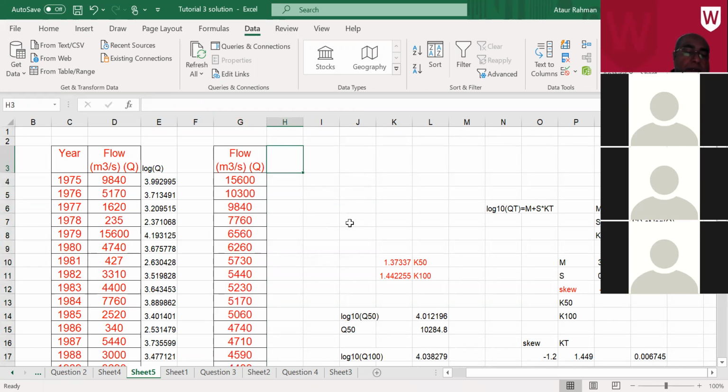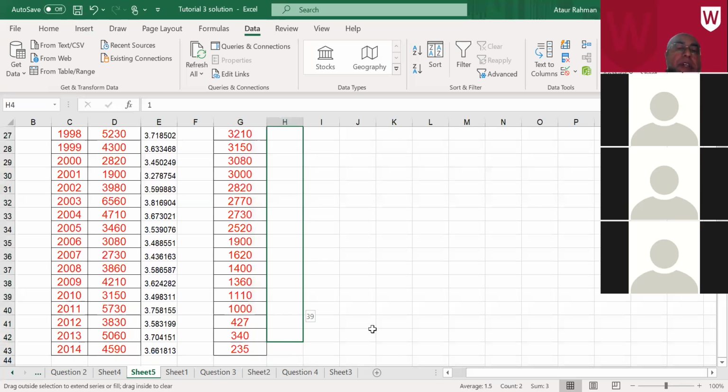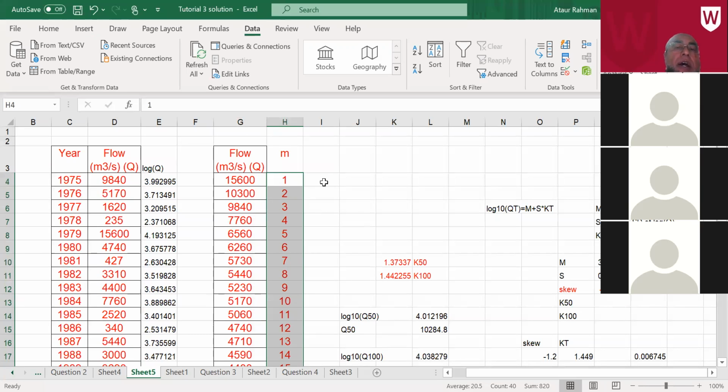So the M value of the data, this is 1, this is 2. So that is the rank of our data, and our return period or T value is, or the equation